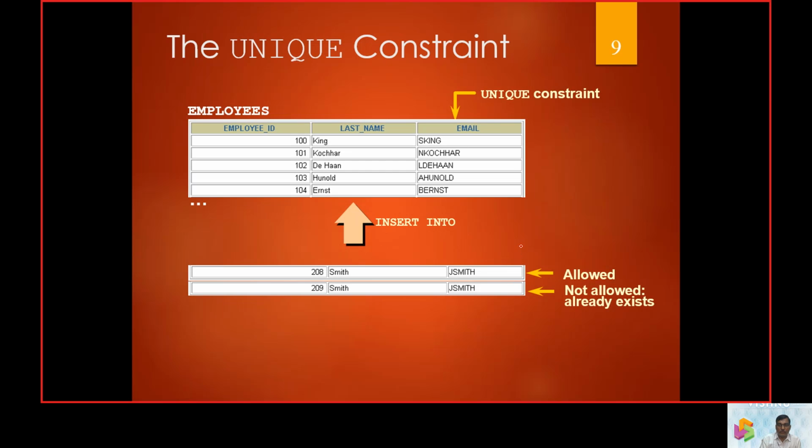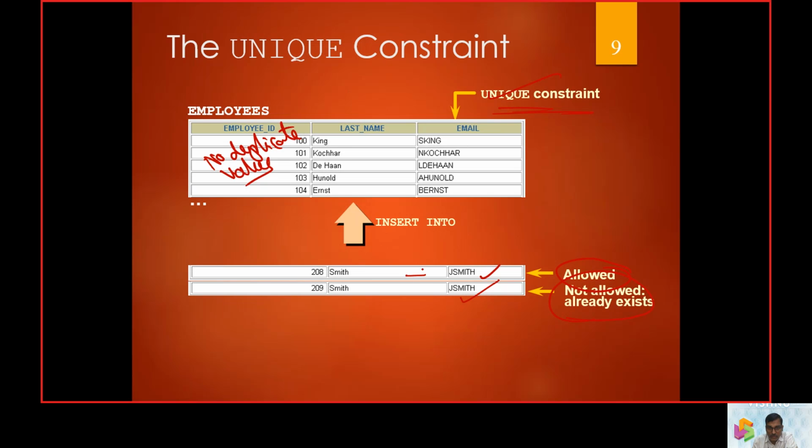Next comes no duplicate values. When we want to ensure that there are no duplicate values, we use the constraint called unique. When we make it a unique value, there are no duplicates. So JSmith is allowed once, but when it takes JSmith again, it says not allowed, already exists.